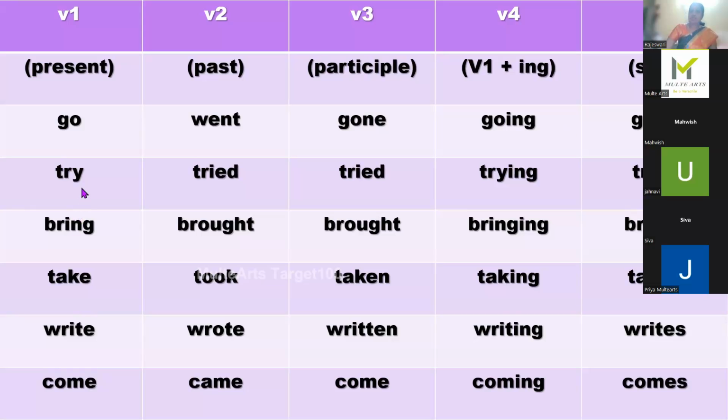Next, same with another verb. Let me take try. The past tense is tried. Certain words will not change; only for the words ending with Y, we remove Y and add I in its place and continue. Generally, the past tense is formed by adding D or ED. And in certain places, the complete word also changes, like bring, brought; take, took; write, wrote; come, came. So these are about the verbs.